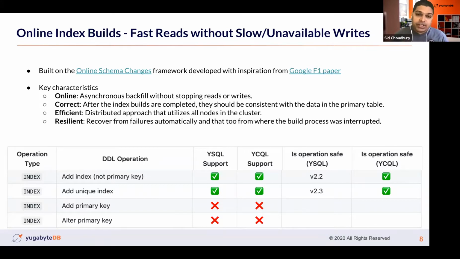Third is about efficiency. Now, we are not a single node database. We are a distributed multi-node database. That means our users have already provided multiple nodes, and the compute capacity and the storage capacity of those multiple nodes is now available for us to utilize in an efficient manner, so that we can handle larger data sets. We can do all this work in a shorter order of time, right?